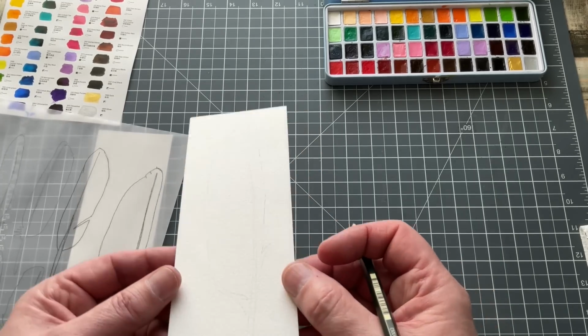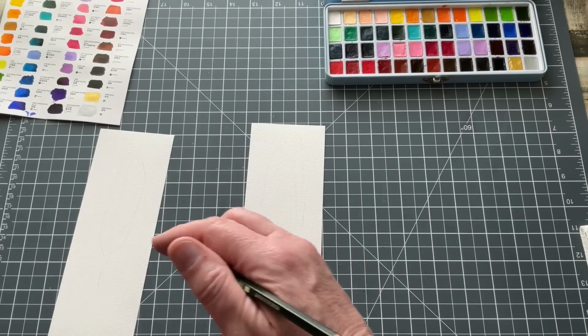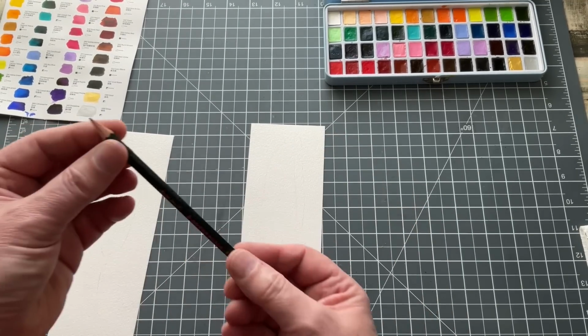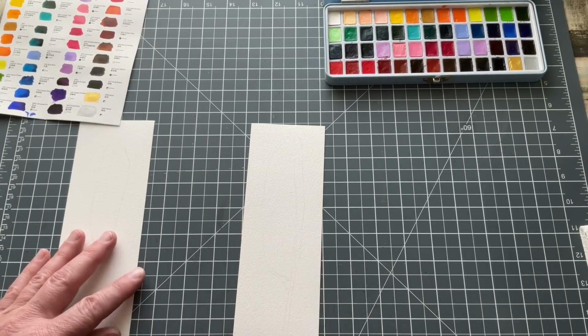Right, so I've got a really faint outline yet again. I want faint. So this could go back into my storage. I'm happy with this. This is quite a nice pencil. I like the way I did sharpen it. I didn't sharpen it, it came sharpened, so that's there. Right, I think I want to